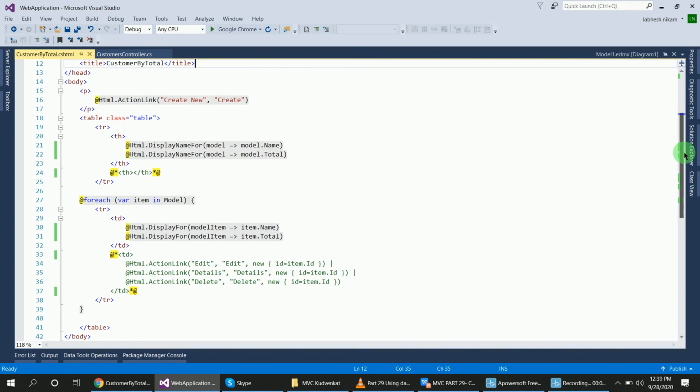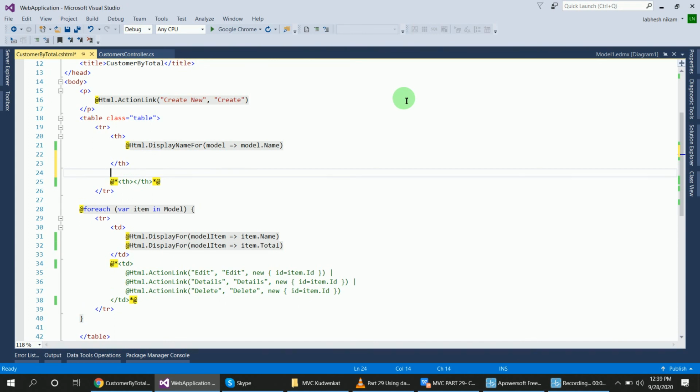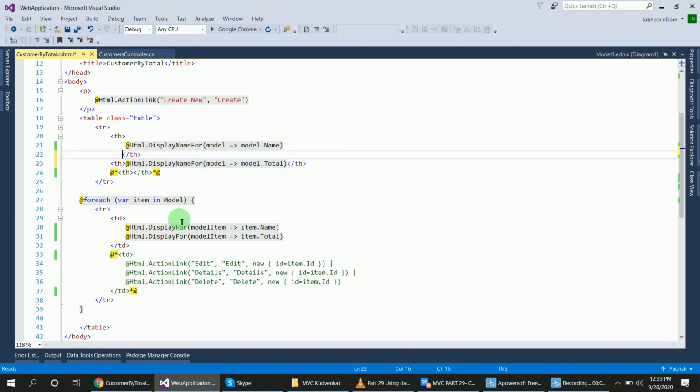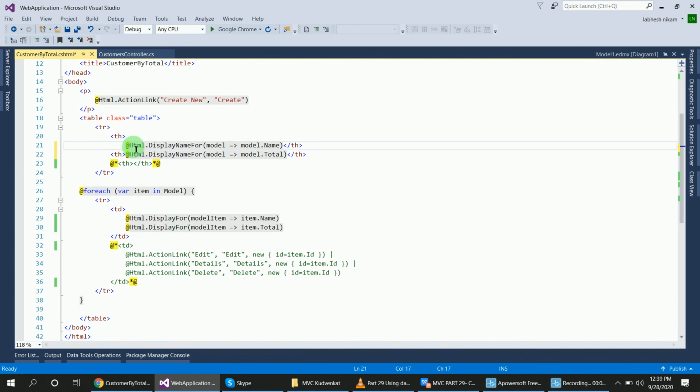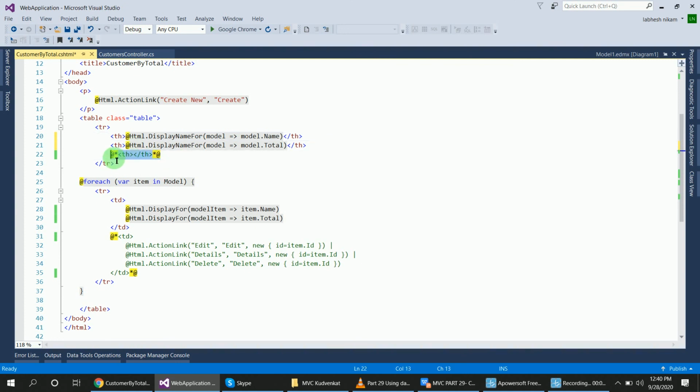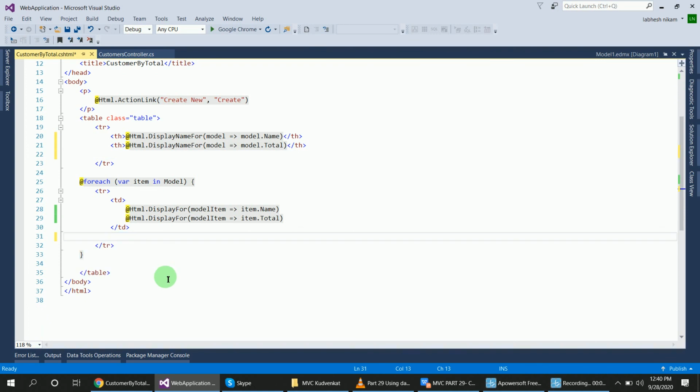Now you can see I have added this, but this is not good. Control X, and in place of this I will add a th here. I deleted this one, deleted all of this also, and put this in another TD.